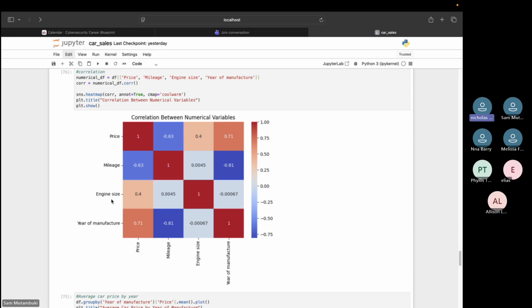Somewhat. But okay, let's say I don't have any prior knowledge when it comes to engine size. I don't know if a larger engine size will increase the price, or if a smaller engine size is going to increase it. How can I interpret that? How would I know that a positive engine size is going to cause an increase in price, just looking